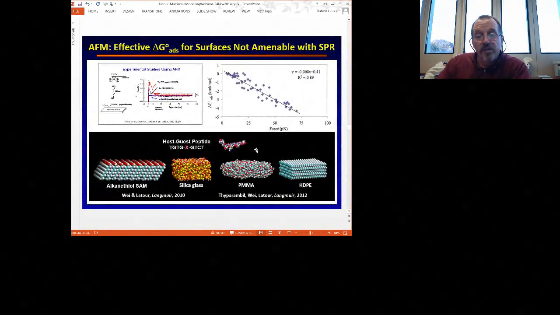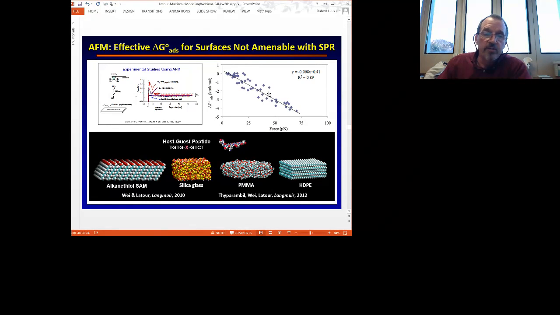And then for the different materials, to expand our ability to use materials that aren't really conducive for SPR, we did a large set of studies with alkane thiols, which we can do with AFM and SPR. And by linking our peptide to our AFM tip, we can measure the debonding force from our surface. And on the upper right, we show the correlation between our debonding force from our AFM experiments and our free energy measured by SPR, the same type of peptide surface systems,